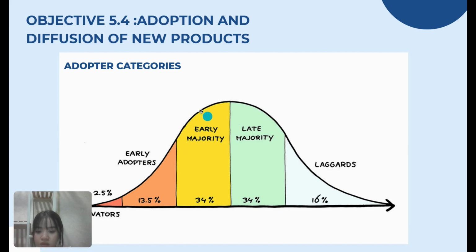The early majority are more cautious but open to innovation. The late majority are skeptical and sensitive to price. And finally, the laggards resist change and adopt products very late. The adoption rate depends on